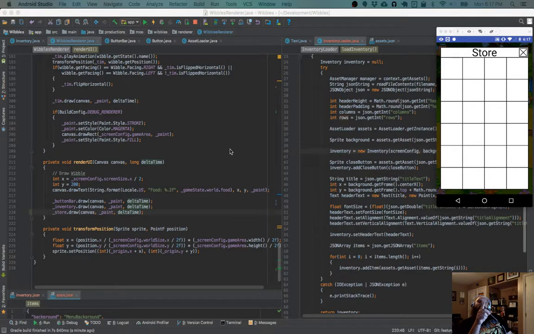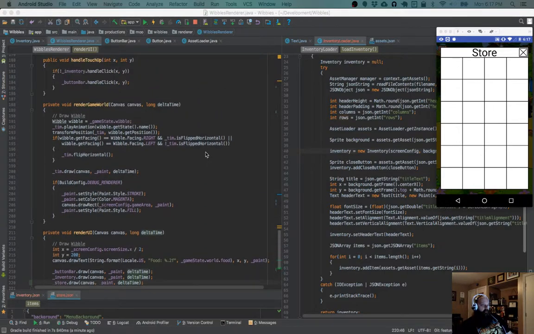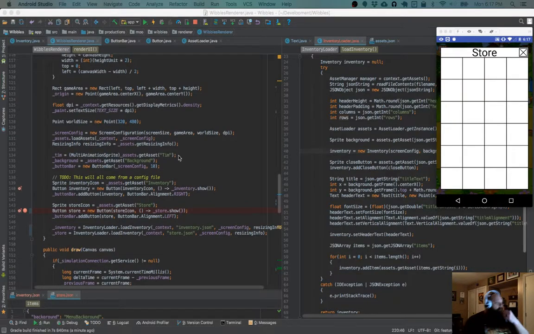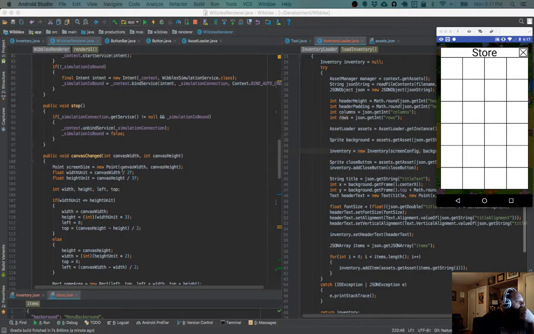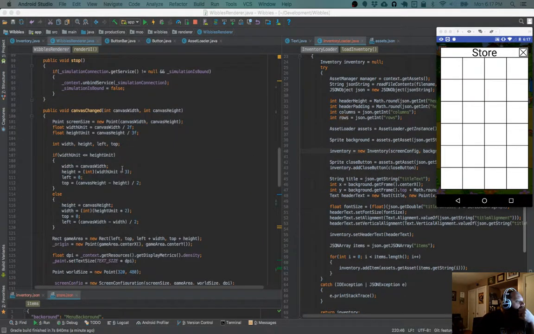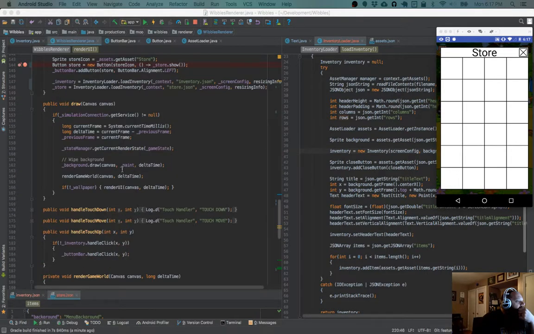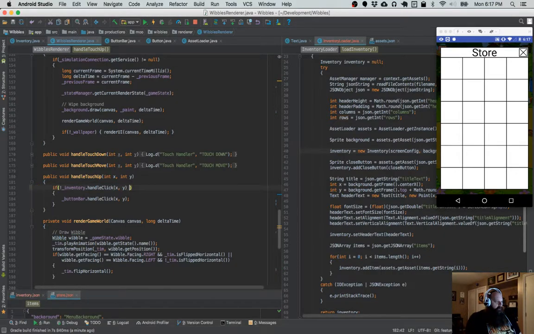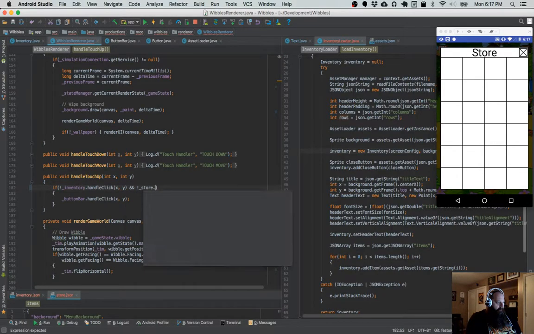Funny, that close button is actually opening the other inventory. Okay, so let's look at handle click. Oh, so here, I just need to say if and not store, as is probably not great. Handle click XY,